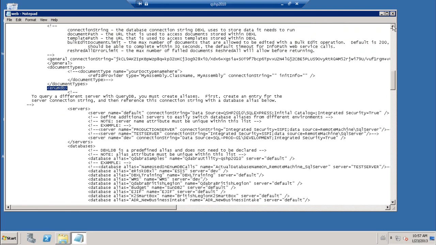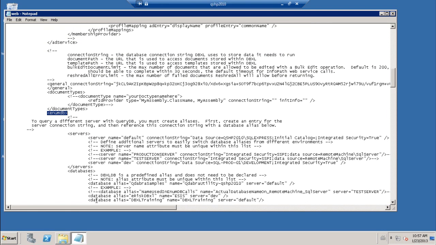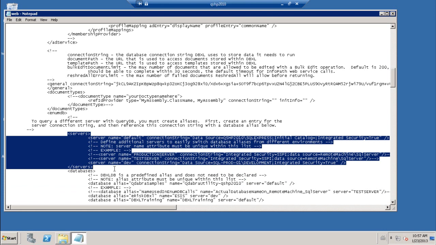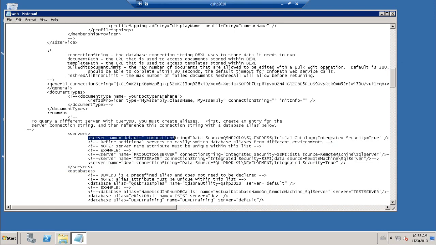And here's the section with the specifics. Servers is a section that grants DBXL permission to communicate with a specific SQL server. So this line right here allows DBXL to connect with QSHP 2010 SQL Express. And this line right here allows DBXL to communicate with